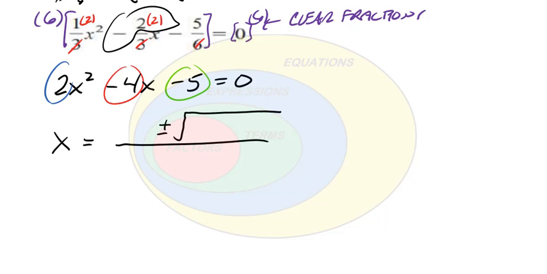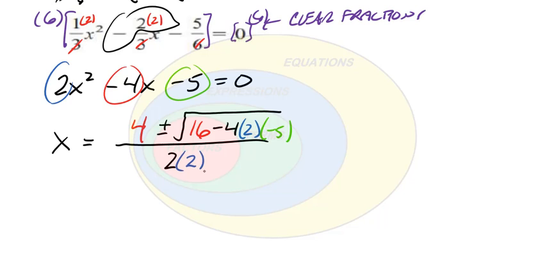The first term is the opposite of b, so the opposite of negative 4 is 4. Plus or minus the square root of b squared, negative 4 squared is 16. This will always be positive. And then we have minus 4 times a, which is 2, times c, which is negative 5. And that's all over 2 times a,